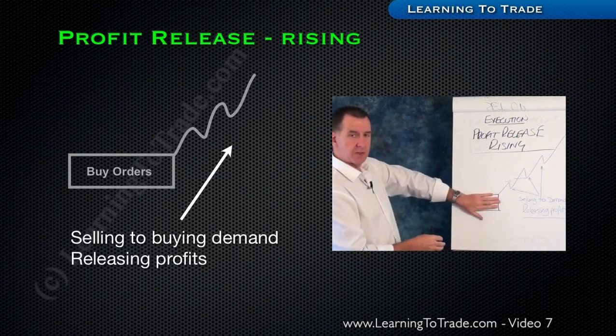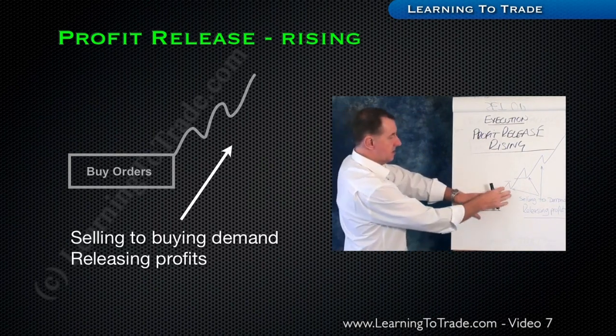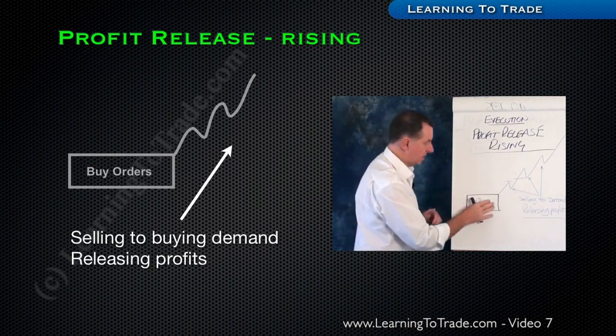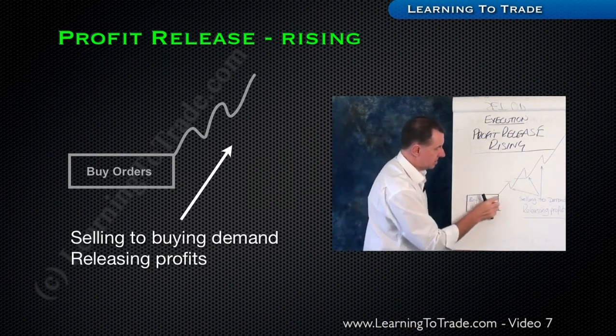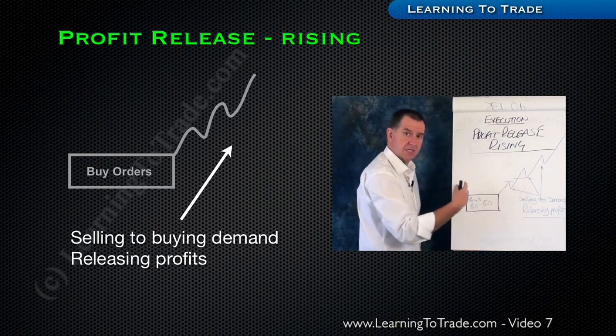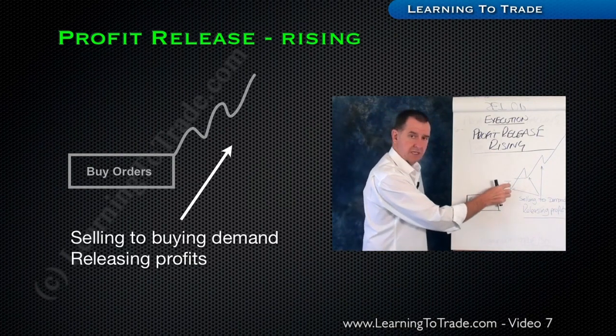And what are the market makers doing with what they've accumulated here? As the market rises up and the outside traders come in, willing to buy, the market makers are selling. They are now selling that which they bought at a lower price. They are selling into the rise, selling into a rise, and they are releasing profits.